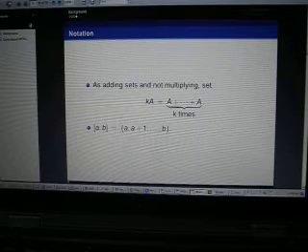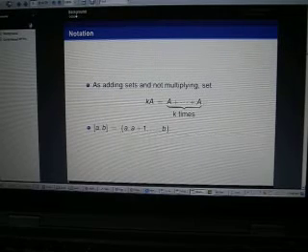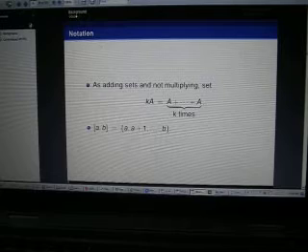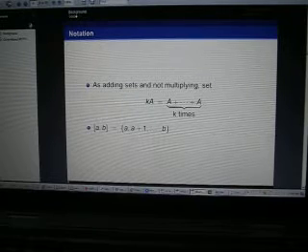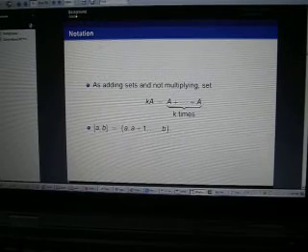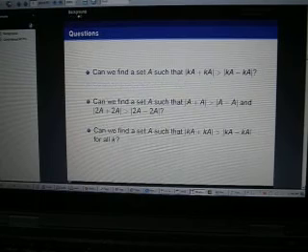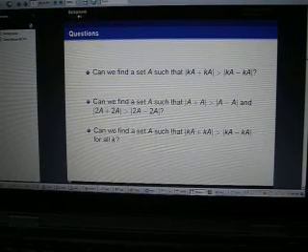Some notation for this paper and talk: since we're only going to be adding sets, kA is going to mean A added to itself k times, and the interval [a, b] will be all integers from a to b inclusive. So the three questions we considered in this paper are,